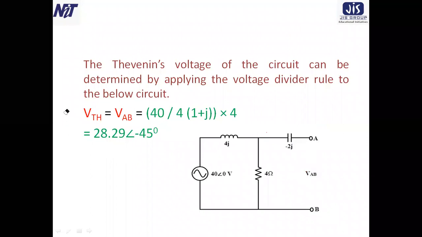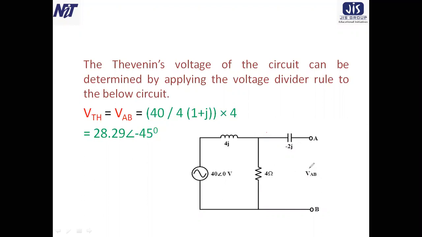So here VTH is equal to 40 angle 0 degree, that means 40 divided by 4 plus j4, into 4. So that is the voltage dividing rule. If we calculate, 40 is the voltage given here, 40 divided by 4 plus j4, into 4,